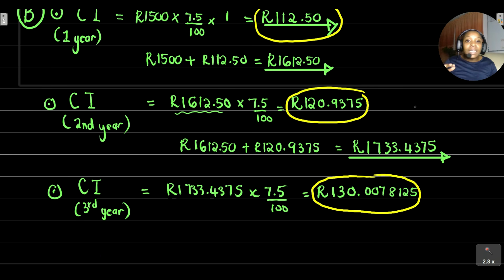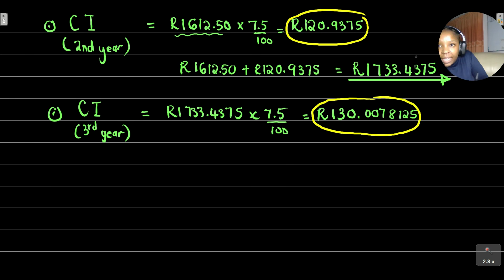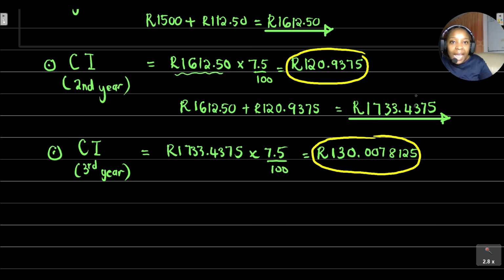So we can basically see that if we were to add up these three interests, we will be able to find the total interest that you would have earned from investing 1,500 at an interest rate of 7.5% per annum at a compound interest rate. Okay, so then, to calculate the total interest, let's say the question just wants you to determine what is the total interest that you obtained from your investment, you can just basically take